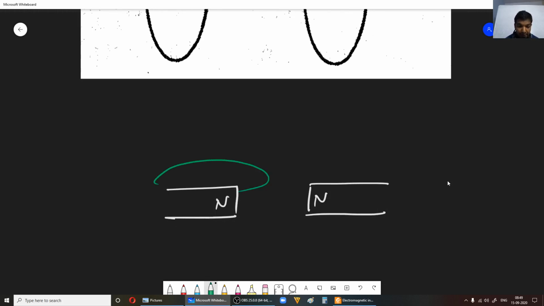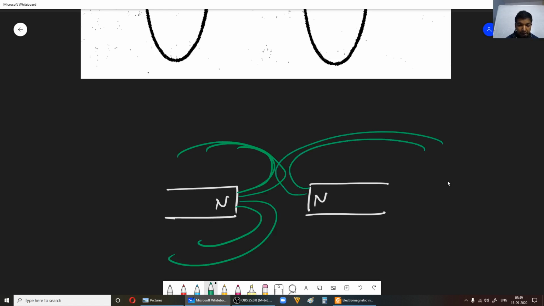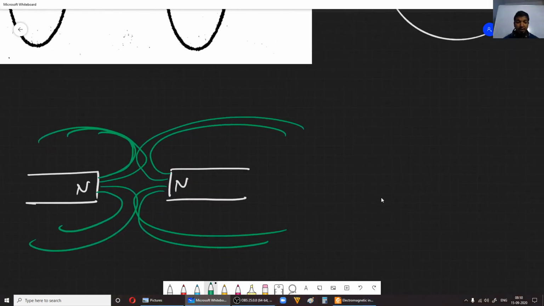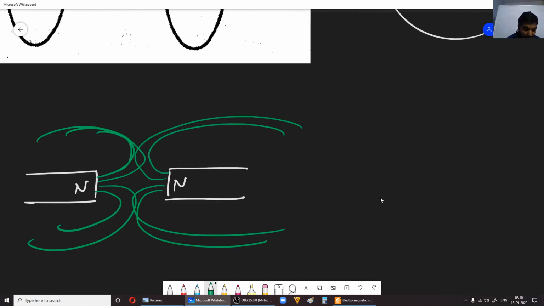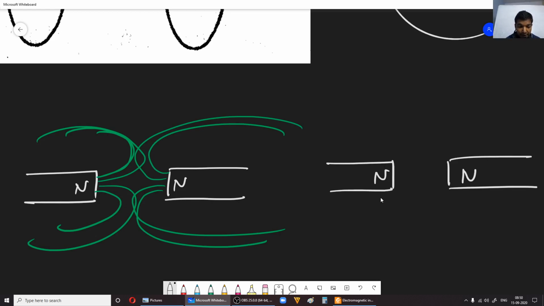See, the magnetic field due to the bar magnet on the left will be this way, correct? So it will be like this. Now the magnetic field due to the bar magnet on the right will be like this, correct? Now if you consider the vector sum, when you bring them closer and closer, I've drawn the individual magnetic field lines. Now if you bring them closer and closer, the magnetic field lines will start looking like this. This is the net magnetic field lines which you will start seeing.